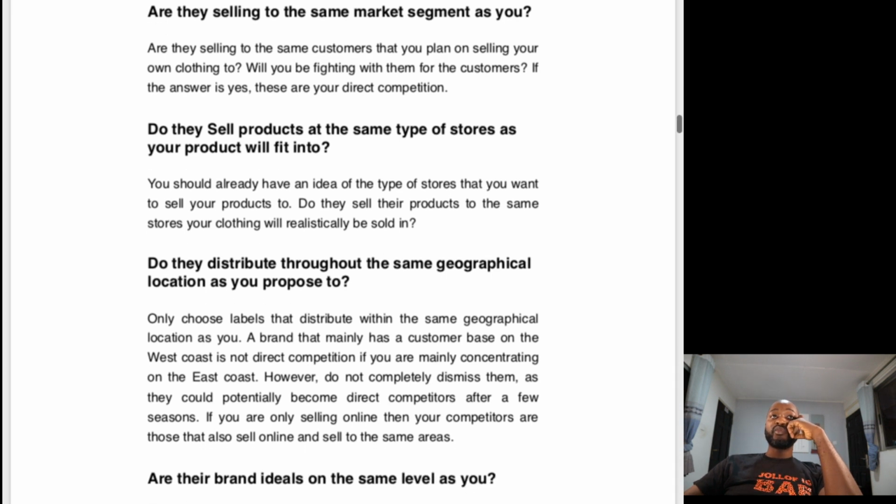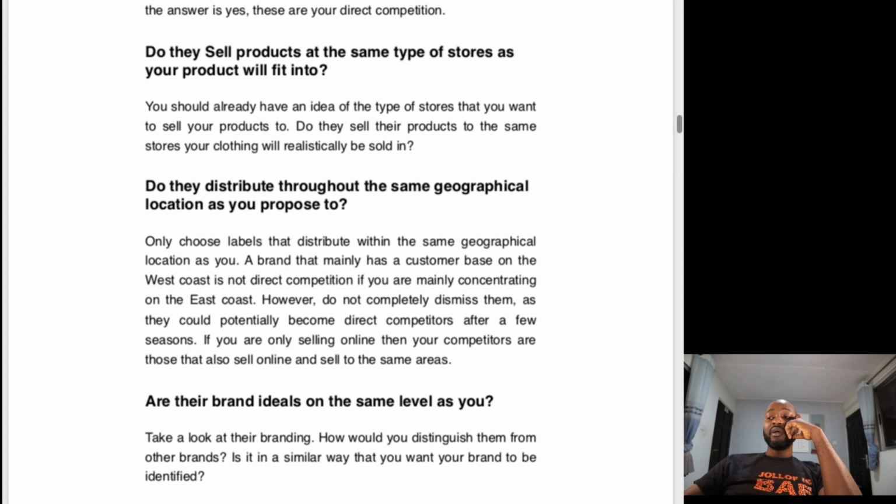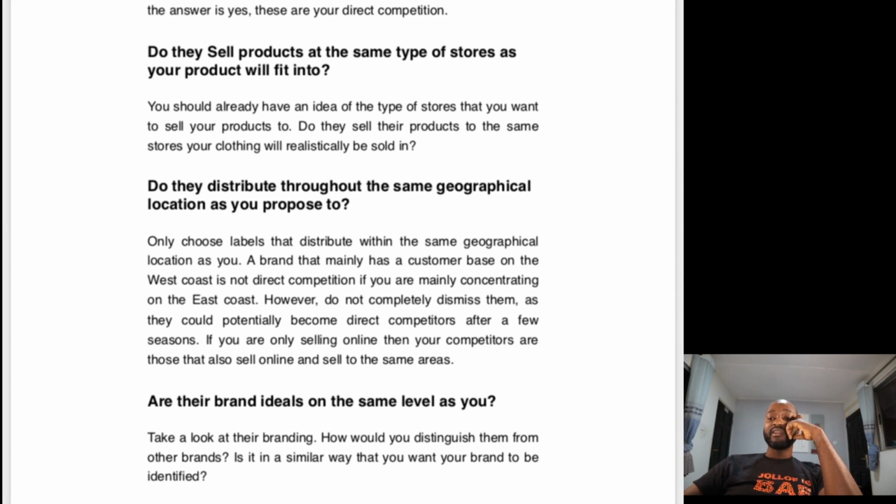Do they distribute through the same geographical location? We mentioned on the first day that distribution is key. If you're going to start a brand and sell through maybe your online channels, it's fine. You make some revenue, but if you can figure out a way to distribute your clothing through other shops, third parties, or other websites, you'll probably make more money than just selling it through your own channel,